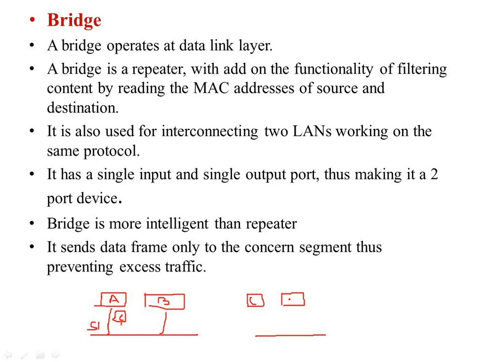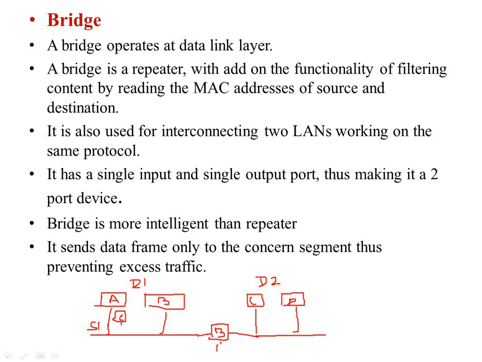You can consider this as one department. Let us consider this is department D1, where A and B are connected. This is department D2, where C and D are connected, but D1 and D2 are part of the same LAN, so a small network has been formed. Here it is the bridge which is connected to this device and this device. Whenever data comes to this bridge, it will try to identify